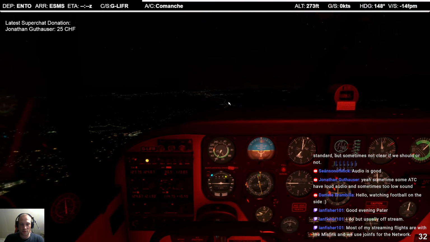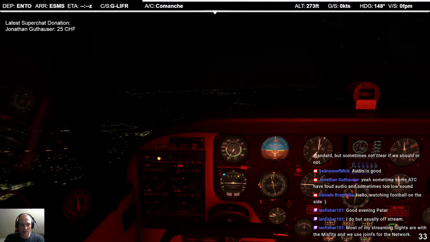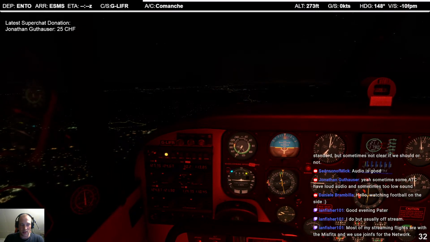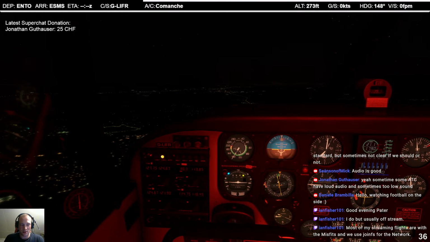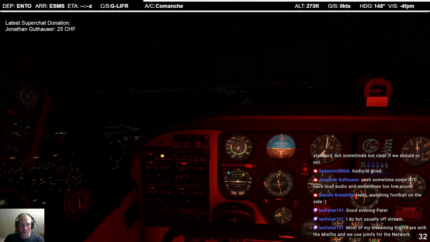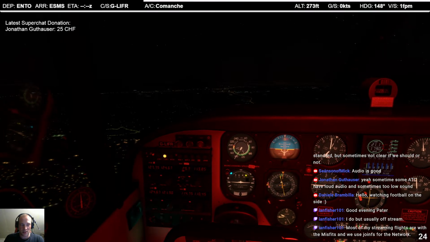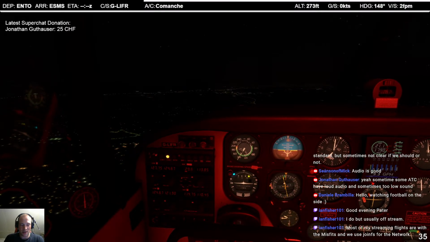Should get a call very soon. I wonder if I could step away to get a cup of tea. The next leg is a 99 nautical mile leg. So I'm thinking once I pass over Landvetter and go outbound on Landvetter